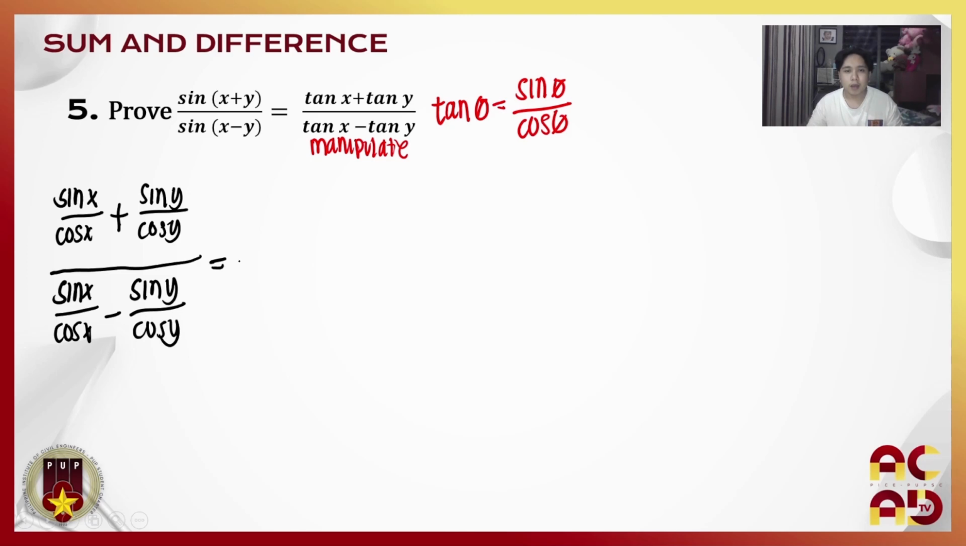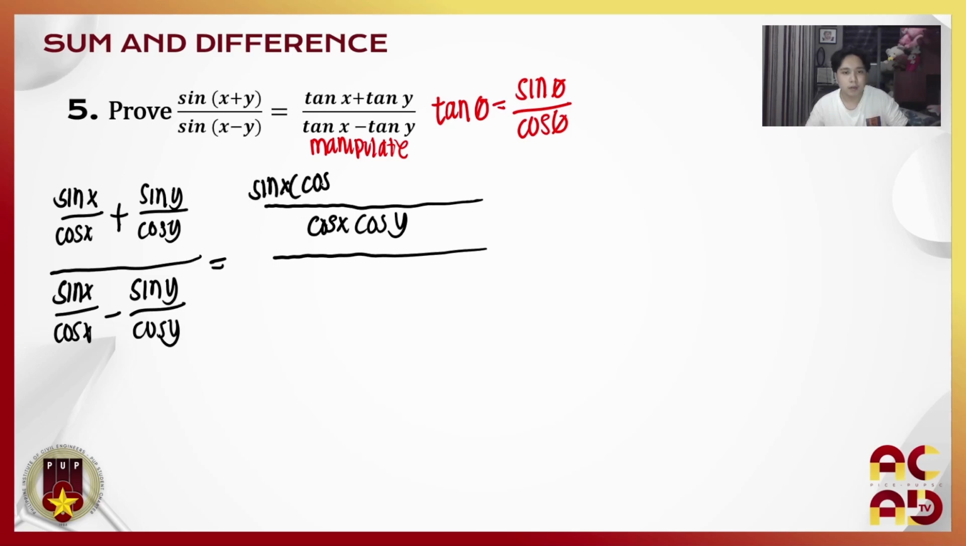So dito, kunin muna natin yung LCD ng numerator natin and then next natin yung denominator. Kunin muna natin yung LCD ng numerator natin which is cosine x and cosine y. So, cosine x, cosine y divided by cosine x is cosine y. Then, times natin sa numerator na sine x. So, we have sine x times cosine y, and plus cosine x, cosine y divided by cosine y is cosine x, then times natin sa sine y. We have sine y times cosine x. Yan. And then next natin sa